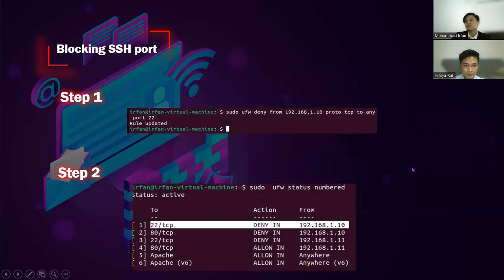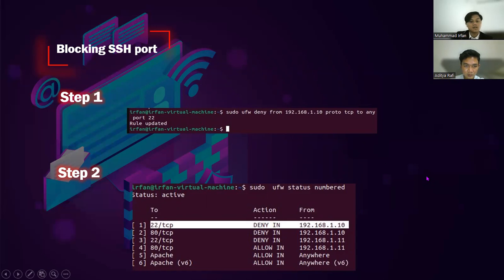Next, blocking the SSH port. In step 1, input the syntax to deny port 22, and to be able to access SSH on PuTTY, sudo ufw deny from 192.168.1.10, the Windows IP, proto TCP to any port 22.